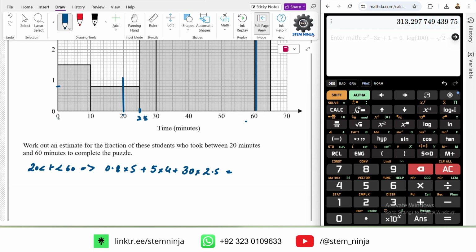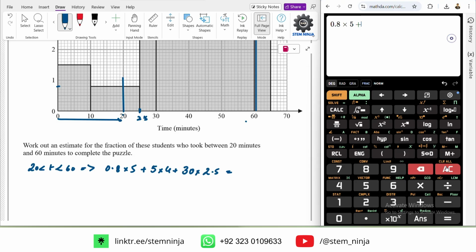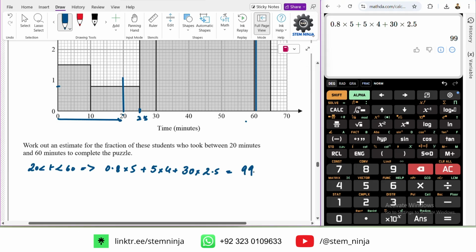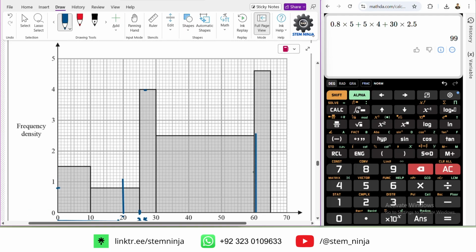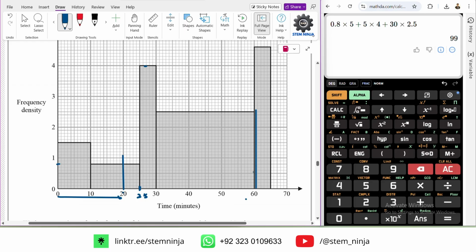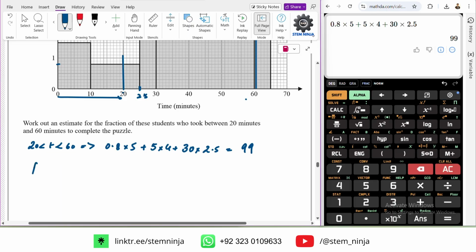So if we can find them, then we can find out the rest of these also, okay? So 0.8 times by 5 plus 5 times by 4 plus 30 times by 2.5. So this is 99. 0.8 times by 5, 5 times by 4, then 30 times by 2.5. Okay. Right, okay. So fraction, never mind. So 99 over